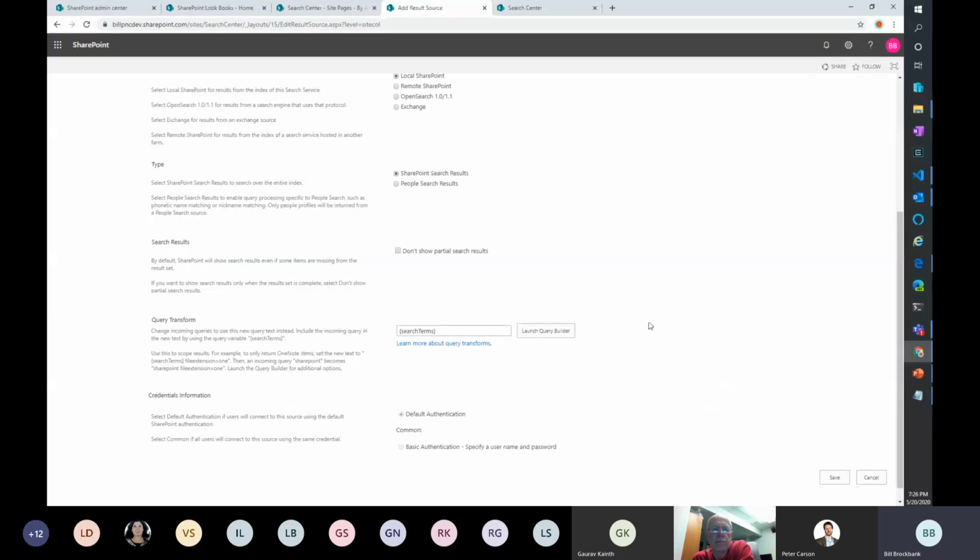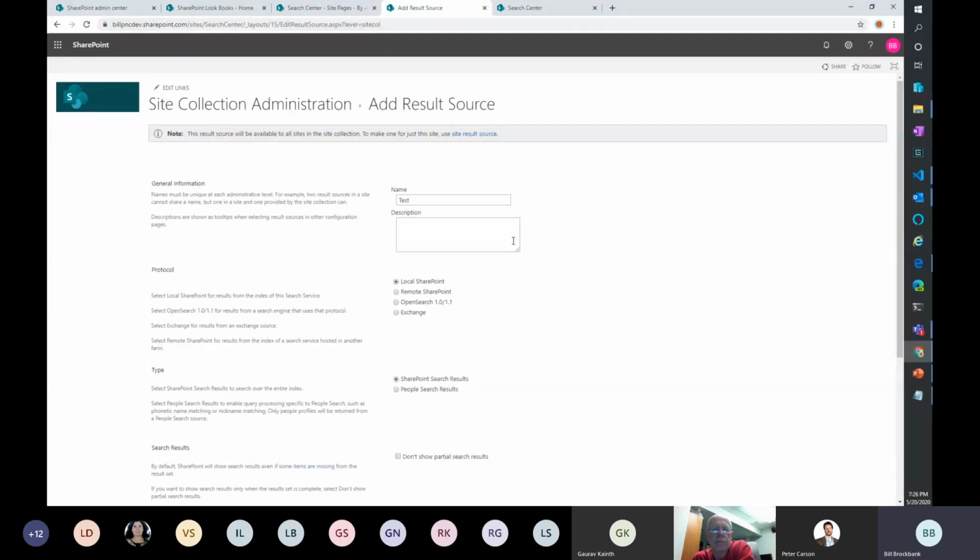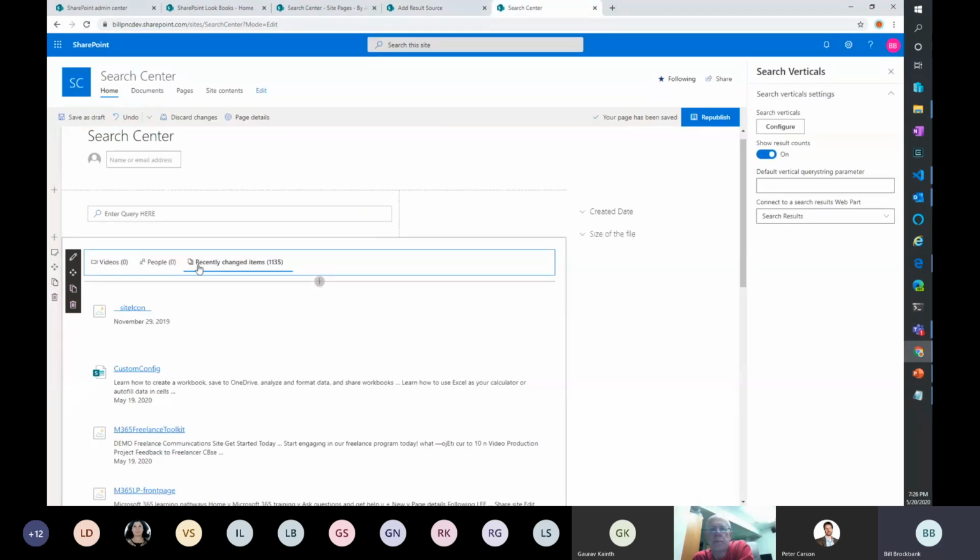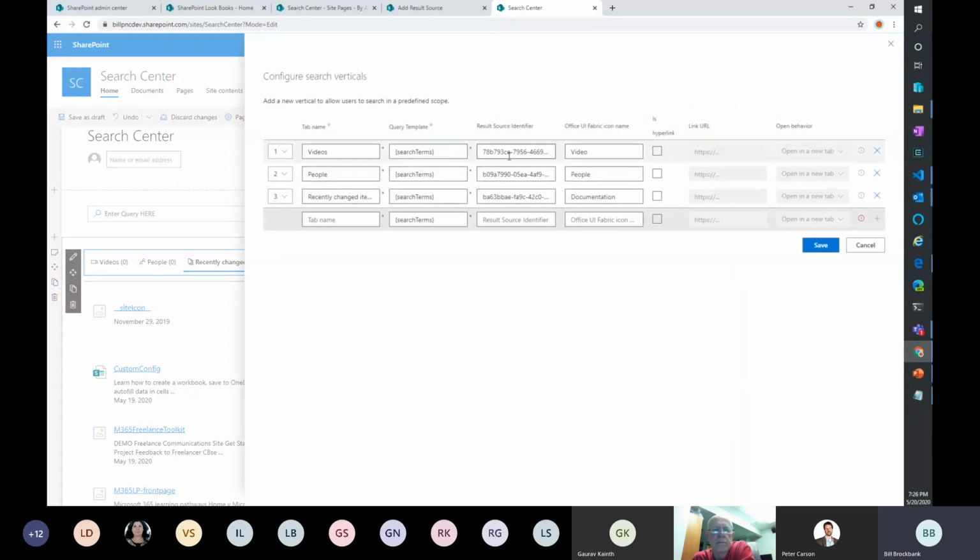So you can build up a query, and what you want to do is then take this GUID over here and add it as a tab in the navigational control for different targets. When we go back to this, these three values, that's where they're coming from. They've all come from having result sources configured for them. And that's what we're seeing here, these result source GUIDs. And then you can put an icon beside it, which is based on the UI Fabric icons. And then I guess you can put a hyperlink. This is new, and I have to check.